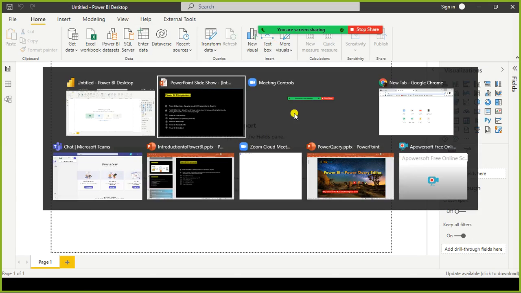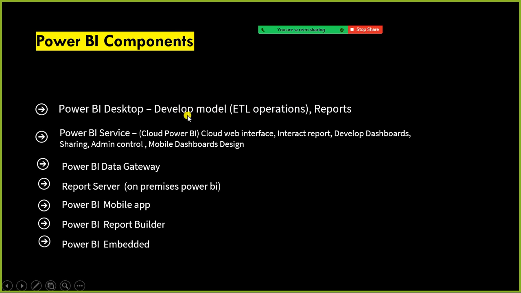When you click cross here, you can see it like this. This is my Power BI desktop, and it is a holistic one. It's a holistic development tool for Power Query, Power Pivot, and Power View. Don't worry, I'll explain all these things a little later. Using Power BI desktop, we can perform ETL operations. What are ETL operations? E stands for extract, T stands for transform,